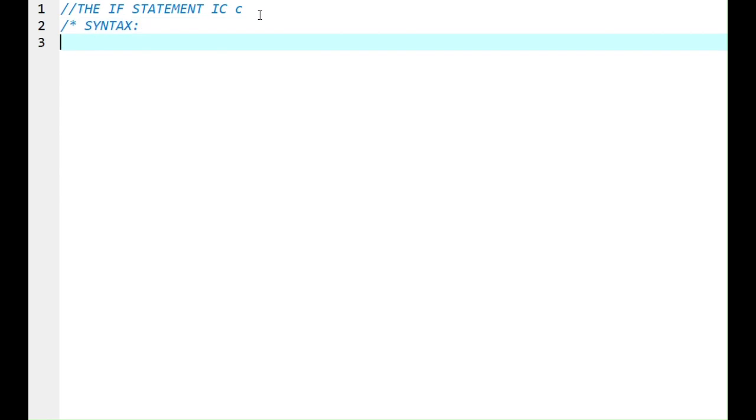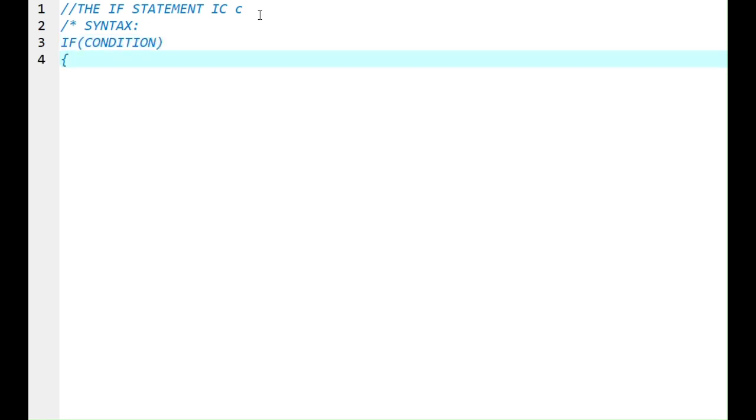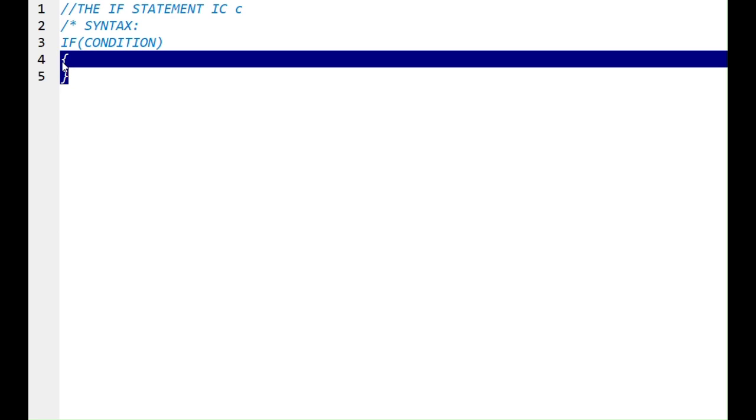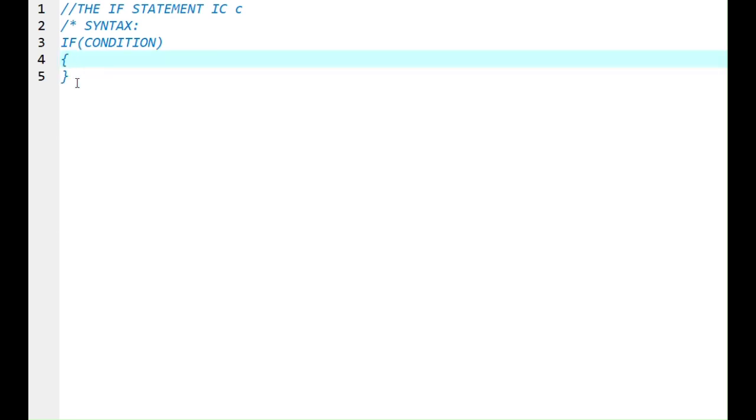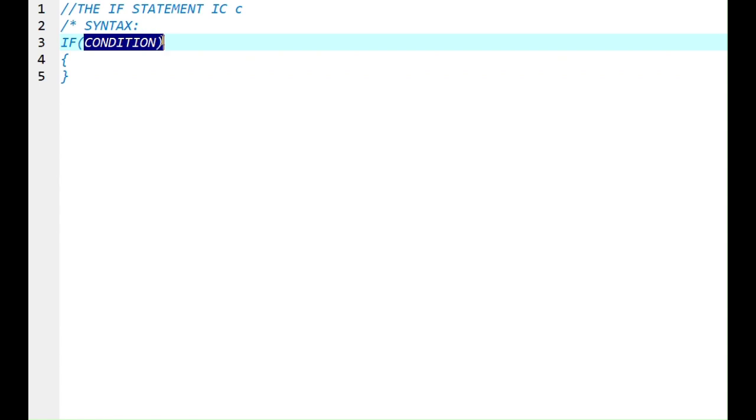Syntax. We start with if, then parentheses. In the parentheses we have a condition, and the block of code between these two braces. Now the condition in the if statement can be, for example,